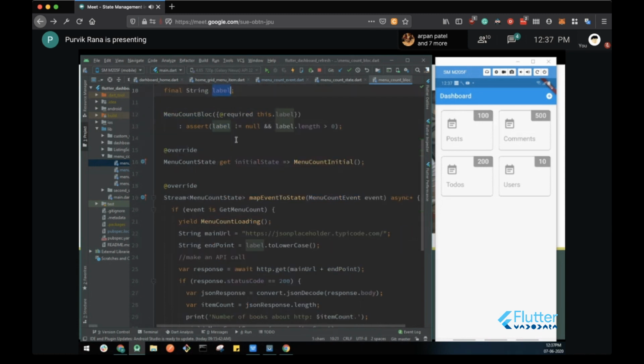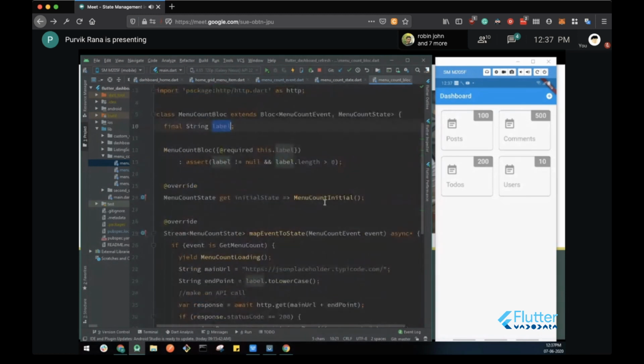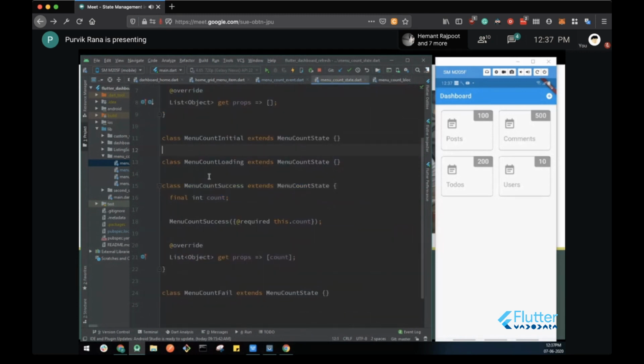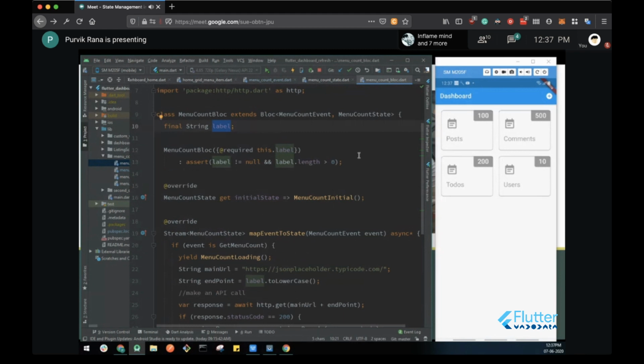Now, the initial state will be the menu count initial. This menu count initial is defined over here in the menu count state. As you can see inside the menu count bloc, we are having two things, event and state. Event is the menu count event, and state is the menu count state. And if you have defined this menu count state over here, then it will use it over here.